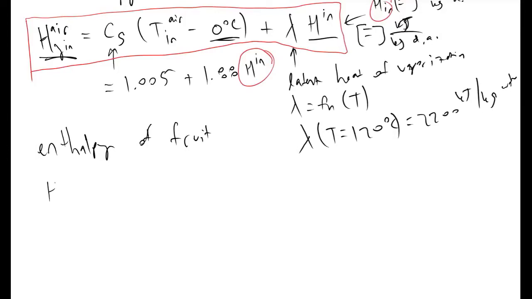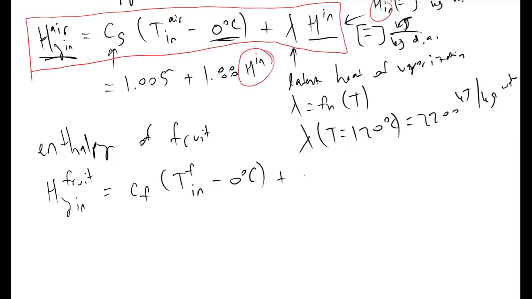So if we examine H of our fruit, what we will note is that the physical dry fruit itself will have some kind of specific heat capacity that I will refer to as CF, and we'll need to multiply this by the inlet temperature of the food minus 0 degrees C, because it's our reference temperature and we're keeping that consistent. And then we will add to this term the